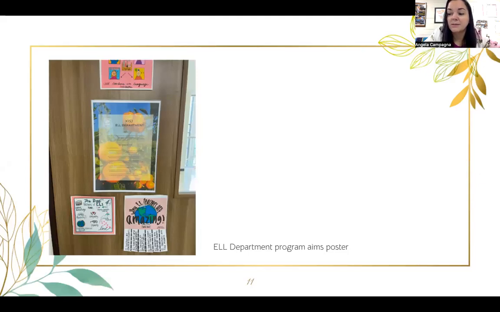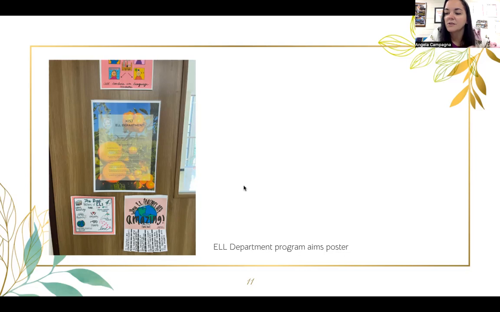So with the elementary team this year, we also took it a step further by looking at our school-wide ELL department's program aims one by one, and then tying all our roles and responsibilities into them. So we've got this poster up in our office that I just created on Canva,